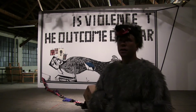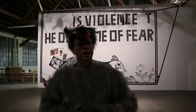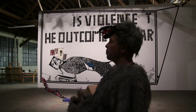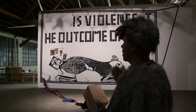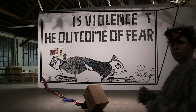from the very beginning of our conversations with Victor about the possibility of doing the show, a thing that he was really interested in and that we really supported was the idea of making site-specific work with this room in mind, and really taking the building as a studio so that he could make the work here. In some cases, painting directly onto the wall. In some cases, putting together assemblages of